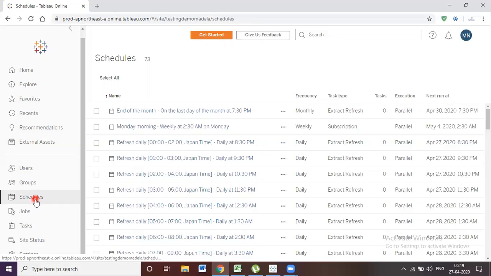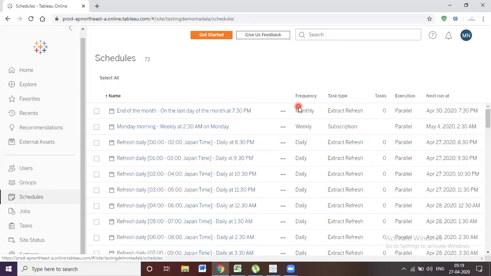It will not allow you to schedule separately the data sources included in that workbook. So in that case, we have to schedule that workbook. So you can use these schedule options. By default, these schedule options will be available.